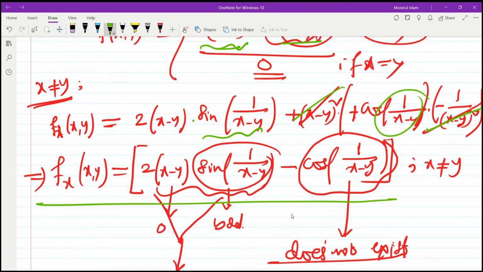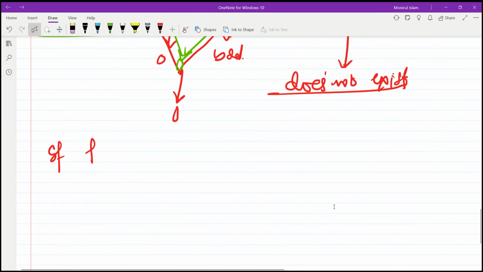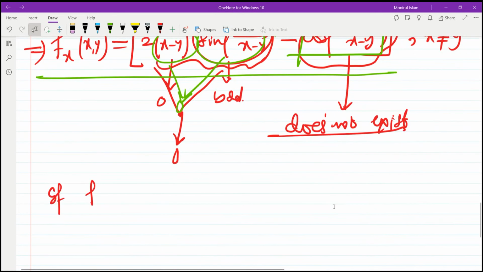Okay, so you are left with this. Now this is a bounded quantity, and this limit as (x, y) tends to (0, 0) goes to 0. So overall the limit goes to 0. Okay, this is no issue, but this part is the issue. If you take the limit as (x, y) tends to (0, 0) of this, then this limit doesn't exist. Okay, this limit does not exist. Okay, because